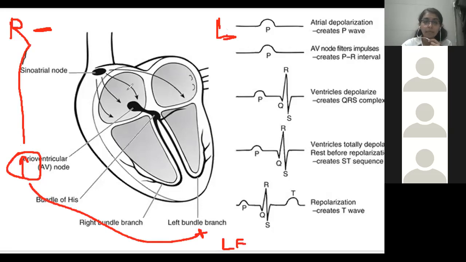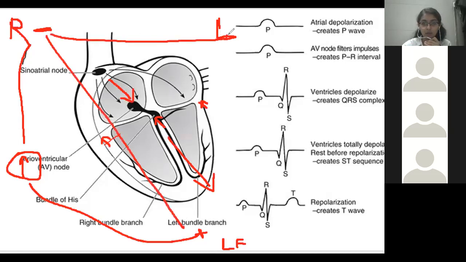Because the combined vector, the major vector of the heart, is always in this direction. This is the major muscle bulk, which will give the major length, the extreme length of this vector, and the other vectors are very small and negligible. That is why the standard movement is from this negative pole to this positive pole, which is usually lead 2.